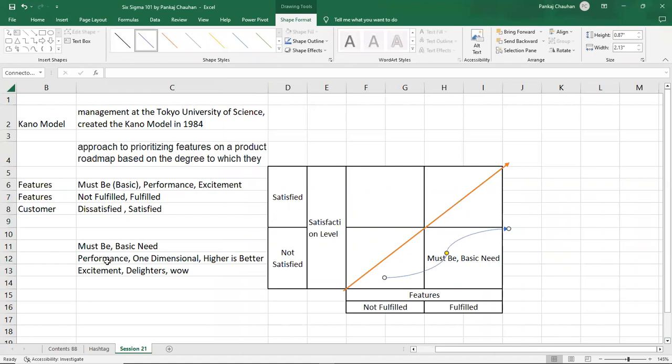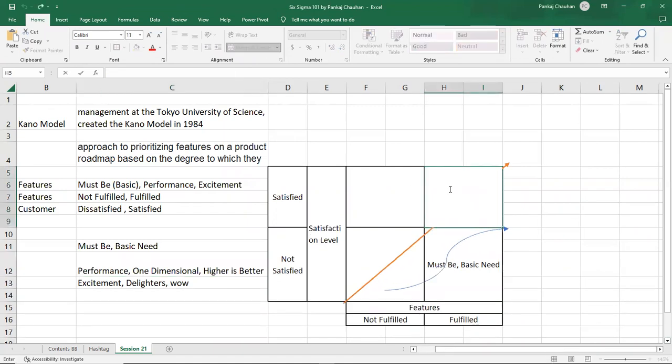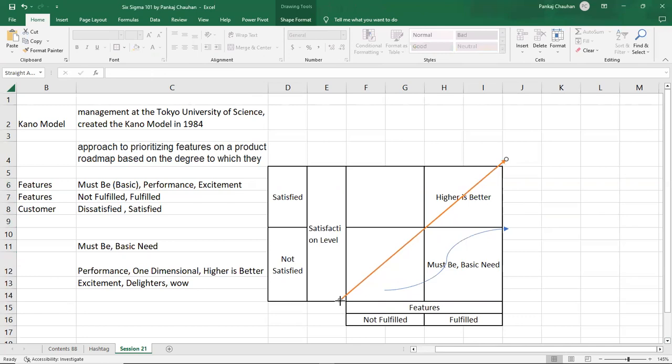Second kind of requirement is the performance requirement, or one-dimensional, which we will call higher is better. These are requirements from the customer which have to be there. But if you provide more and more out,